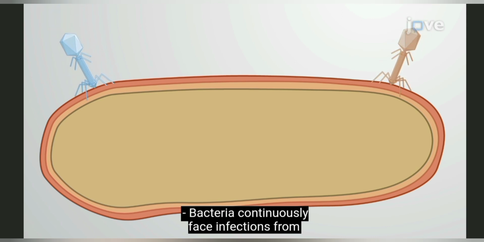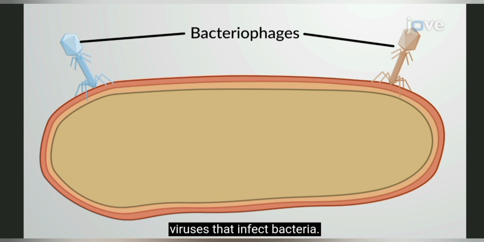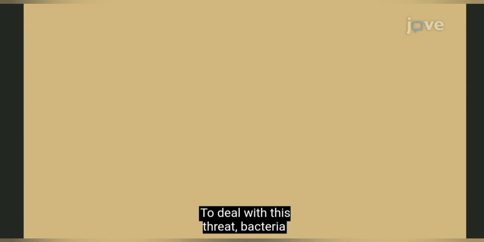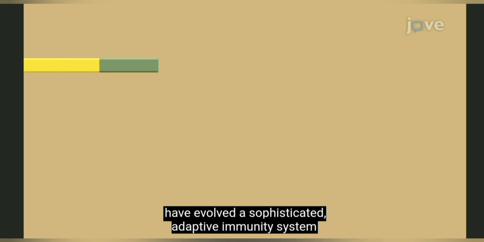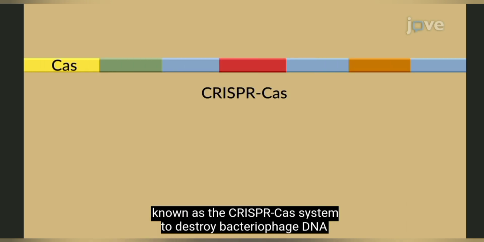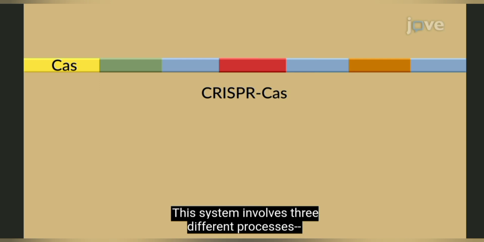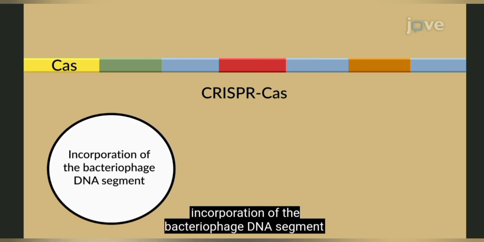Bacteria continuously face infections from bacteriophages, viruses that infect bacteria. To deal with this threat, bacteria have evolved a sophisticated adaptive immunity system known as the CRISPR Cas system to destroy bacteriophage DNA in case of reinfection. This system involves 3 different processes: incorporation of the bacteriophage DNA